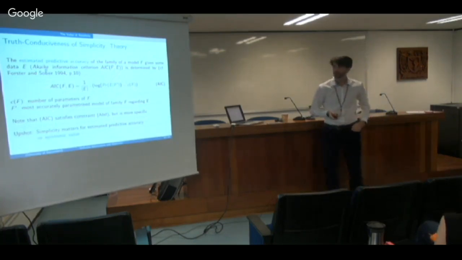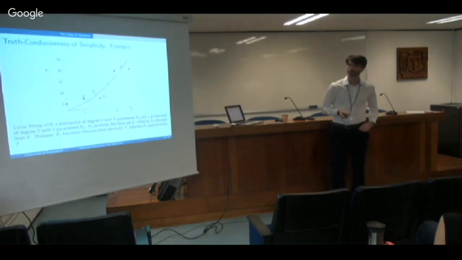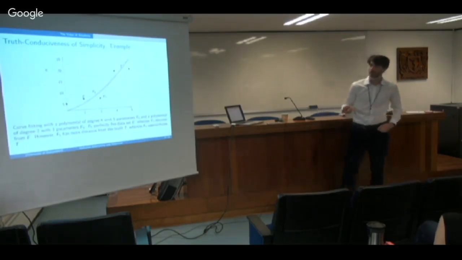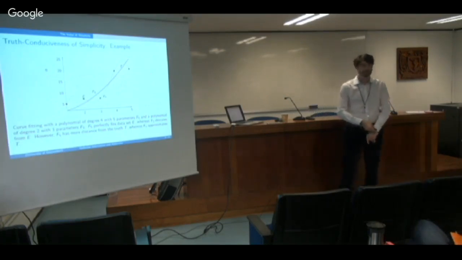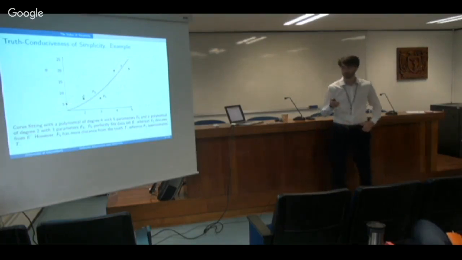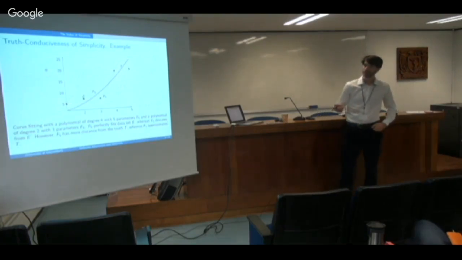Another thing is how to embed pragmatic factors. So one thing is you suppose that there is error in the data. So you suppose there is this difference between the data points and the truth curve. But basically what you say is there is some difference out there, and then you can say the estimated predictive accuracy of this model is better than the other. But perhaps you can do better in as much as you make an estimation of how probable it is that your data deviates really from the true